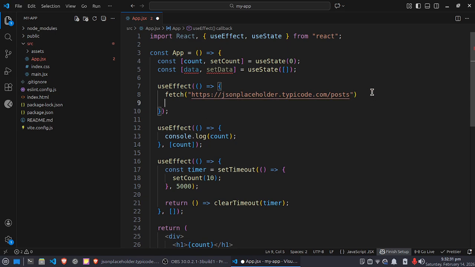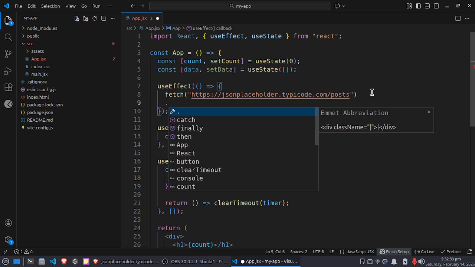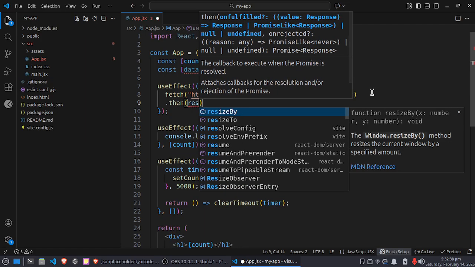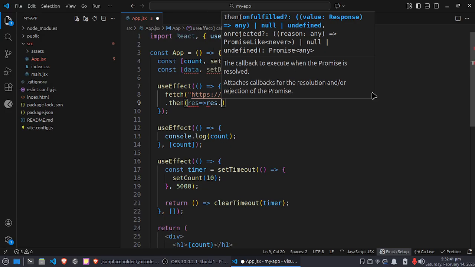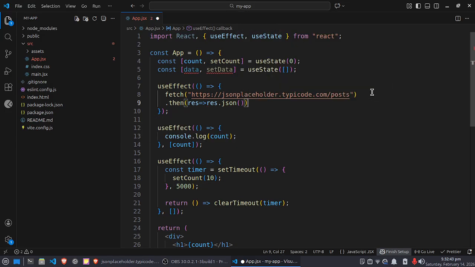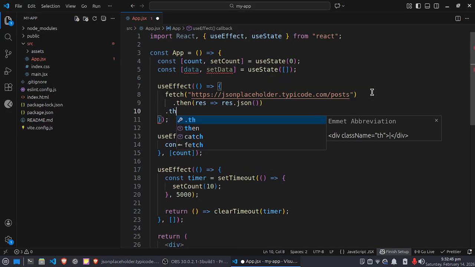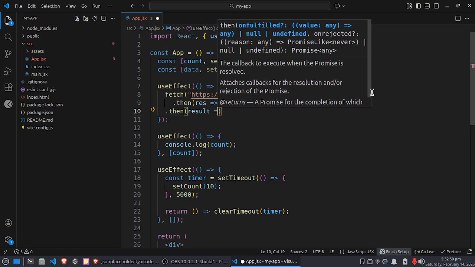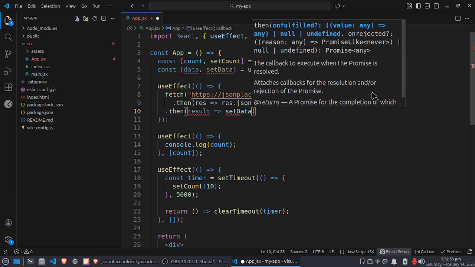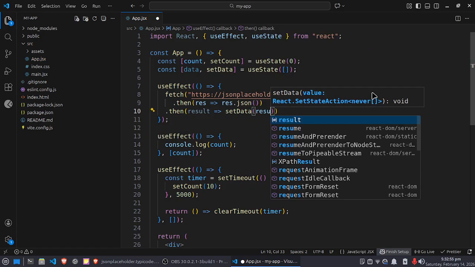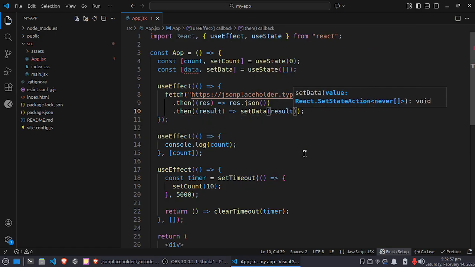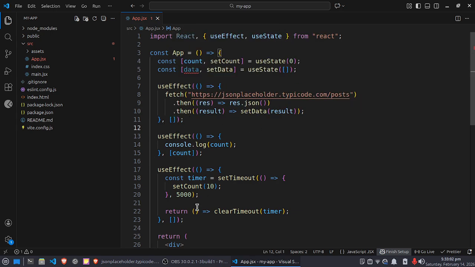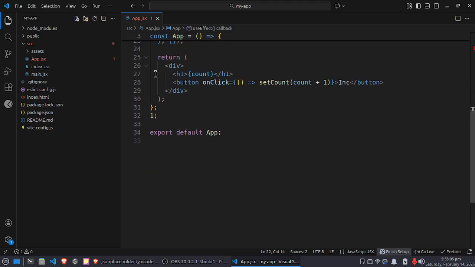Now I fetch the URL. This is just normal JavaScript, nothing special in this. Use .then(response), convert it into JSON with response.json(), and again .then(result), setData equal to that result. It takes a dependency array, which means it runs only a single time, whenever this component mounts. And inside this